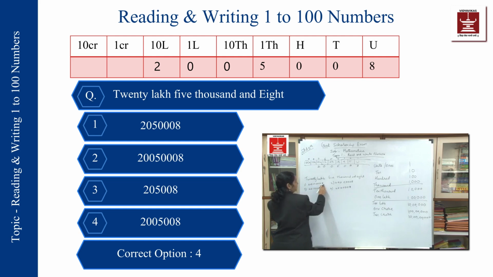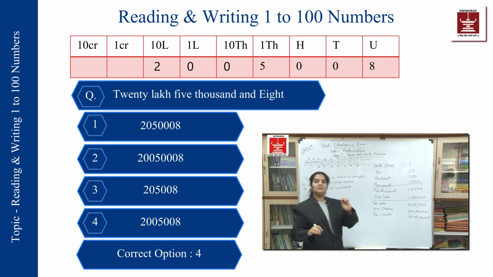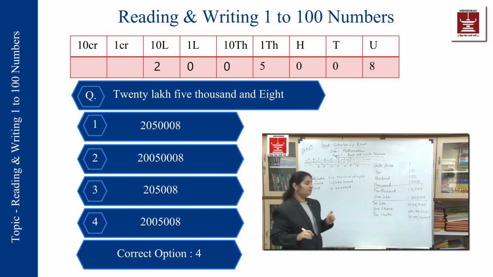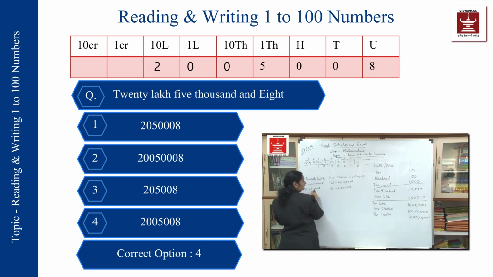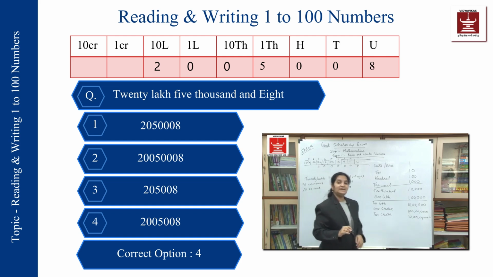After 5, 4 digits, after 5, 4 digits, so these two options should be discarded the moment you see the options. Okay, practice will tell you how quick you can do this and how correctly you can do this. Now 5008, so total 4 digits over here. Do I have it here? Yes, in this case also. Okay, but in option number 3, the entire number is not 7 digit. If I count here, this is 4, 5, 6, so this is also discarded. This is what is the correct answer. Okay, so option number 4 is the correct answer.